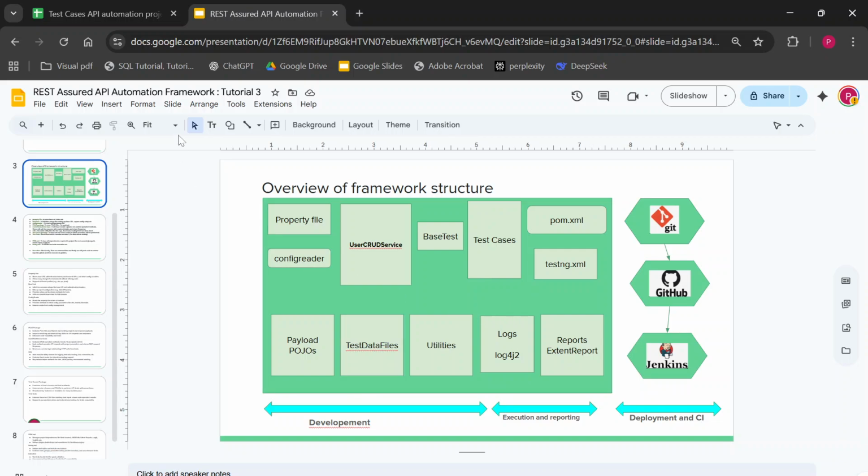By using those test cases, we will first implement all the components in our framework. In our coming sessions, we will implement all these components one by one, and then we will execute all the test cases on Jenkins as well. That is our end state. So in coming sessions, we will start with development of the framework. We will start defining the project structure, the folder structure, and we will start adding files one by one for these